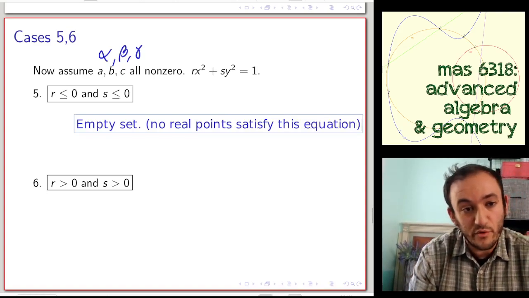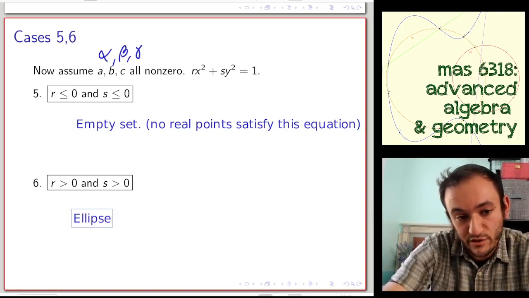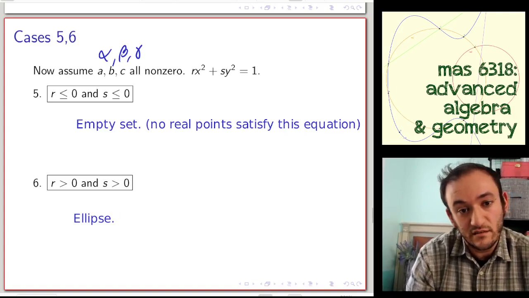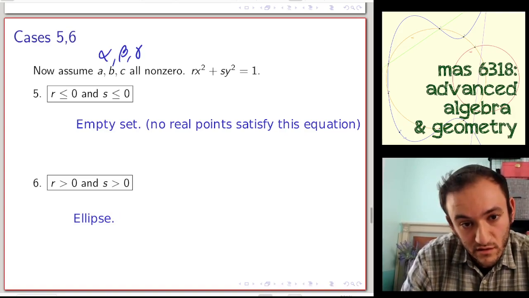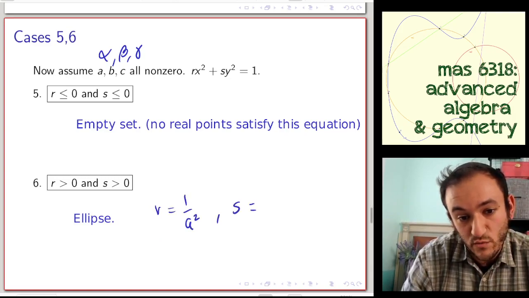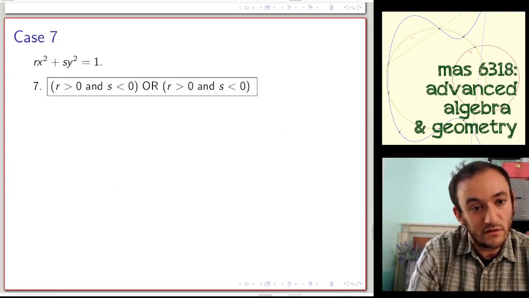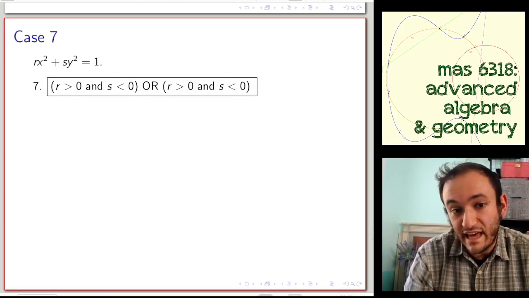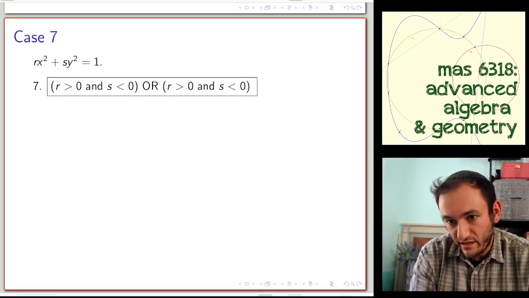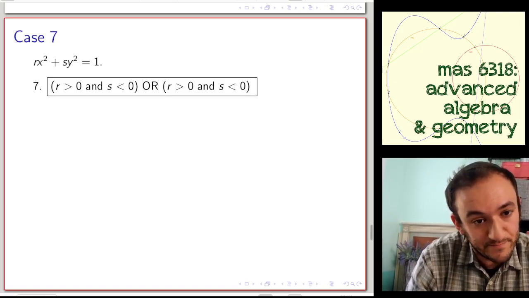Okay, how about if both are positive? Well, in that case, we should see that we're describing an ellipse. If r is positive, you can write it as 1 over a squared. Let's just write that. R equals 1 over a squared, and s can be written as 1 over b squared. And that's exactly the equation for the ellipse that we wrote earlier. And then the other option is that they have different signs. So we saw both negative means the empty set, both positive means an ellipse, and if they're different, then we have